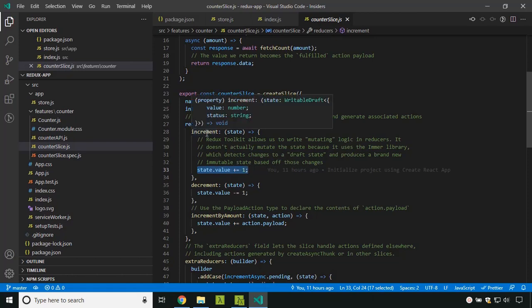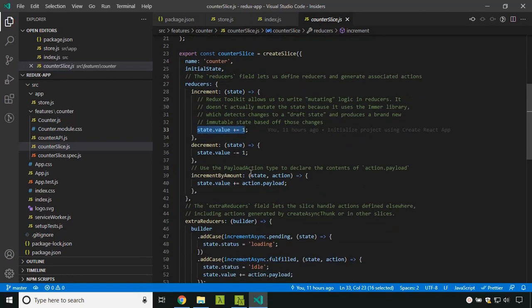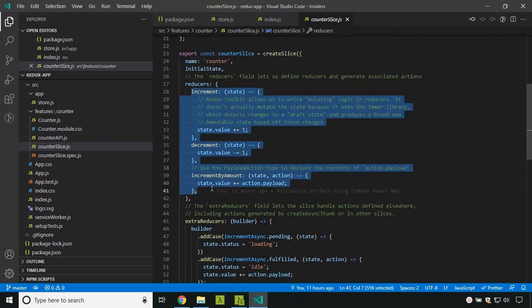So basically, increment will increment the value by 1, decrement will decrement it by 1, and increment by amount will accept an action, take the payload from the action, and add it to the current state value. The createSlice also automatically creates the actions from our reducers.